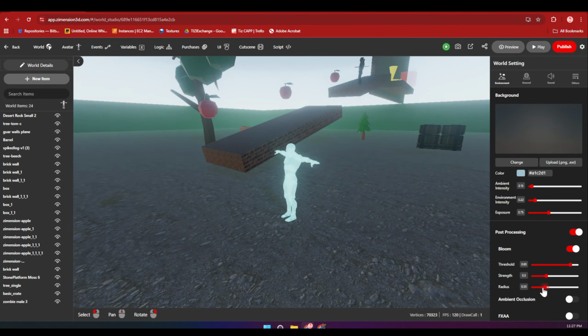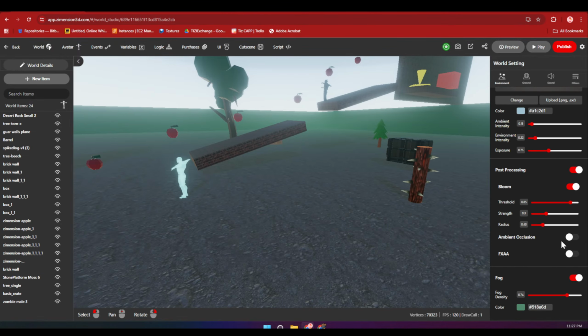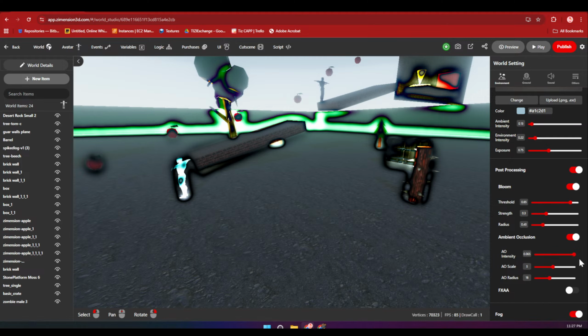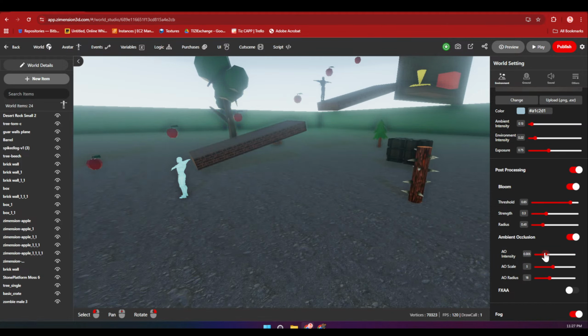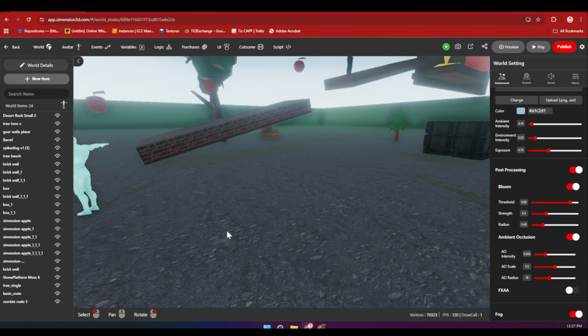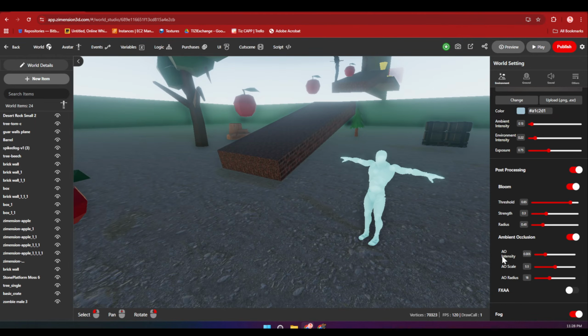We can increase the radius of the bloom effect. Then there is ambient occlusion, screen space. Again, this is glitchy in the beginning, but you can adjust it in such a way that it suits your scale. This gives that slight soft shadowing effect.